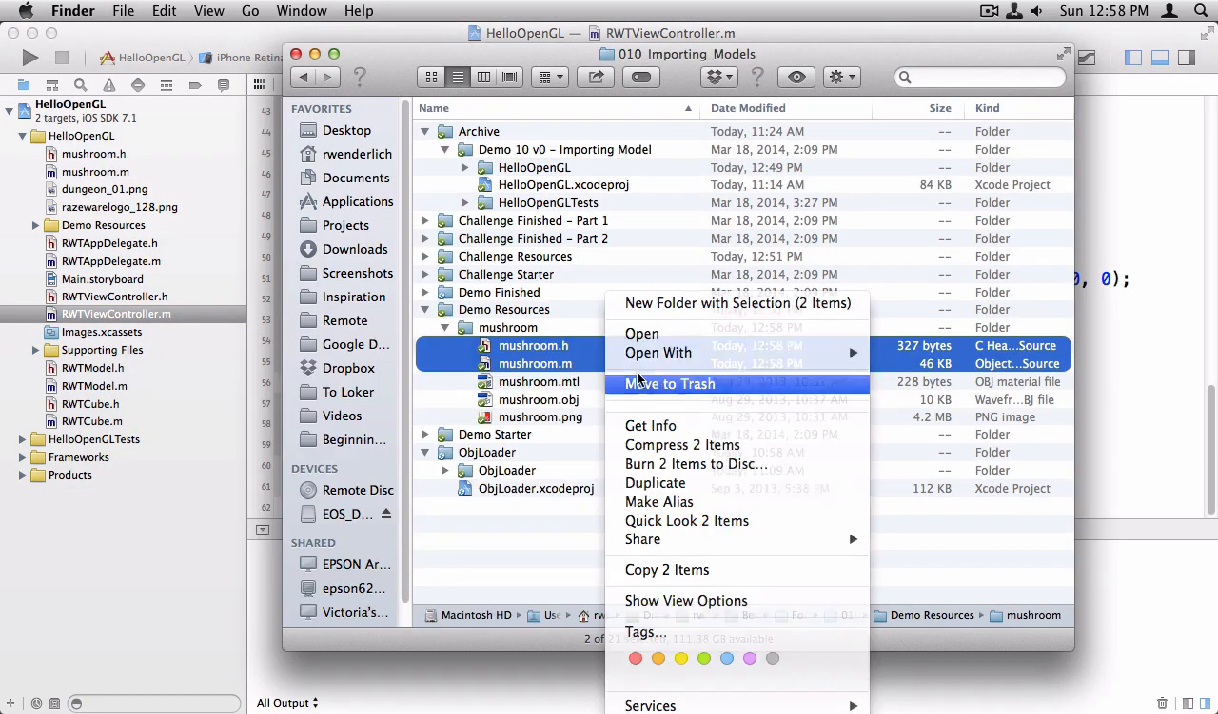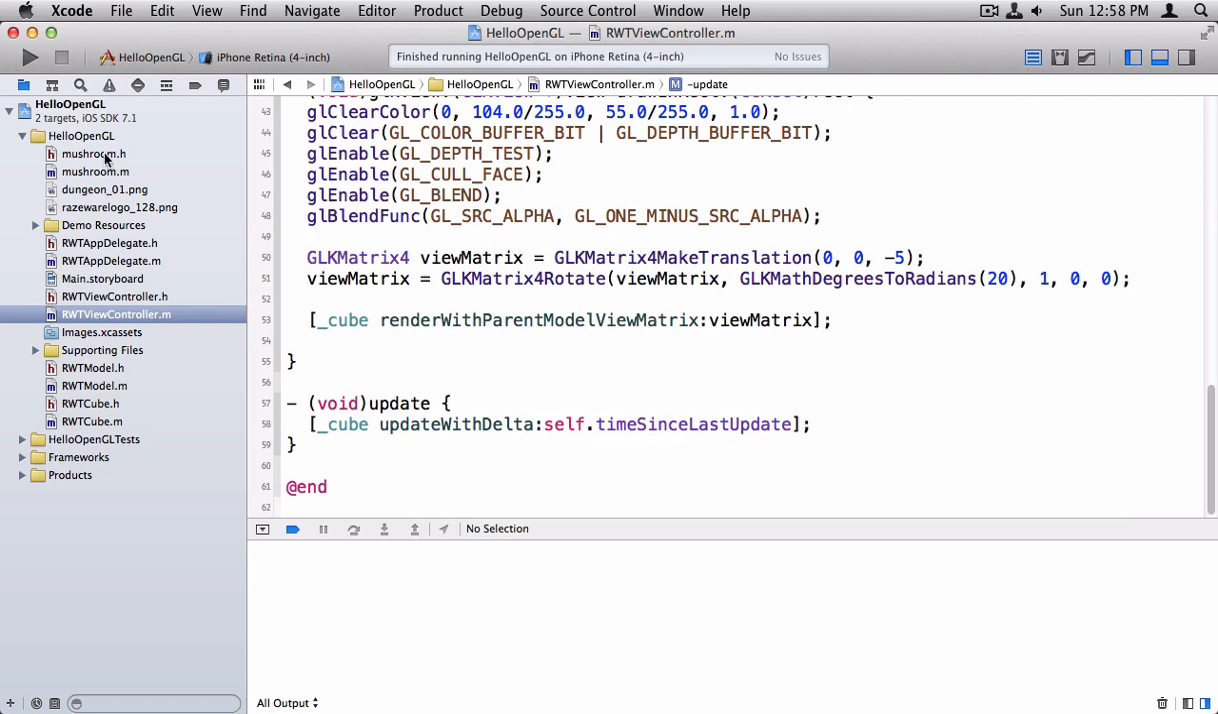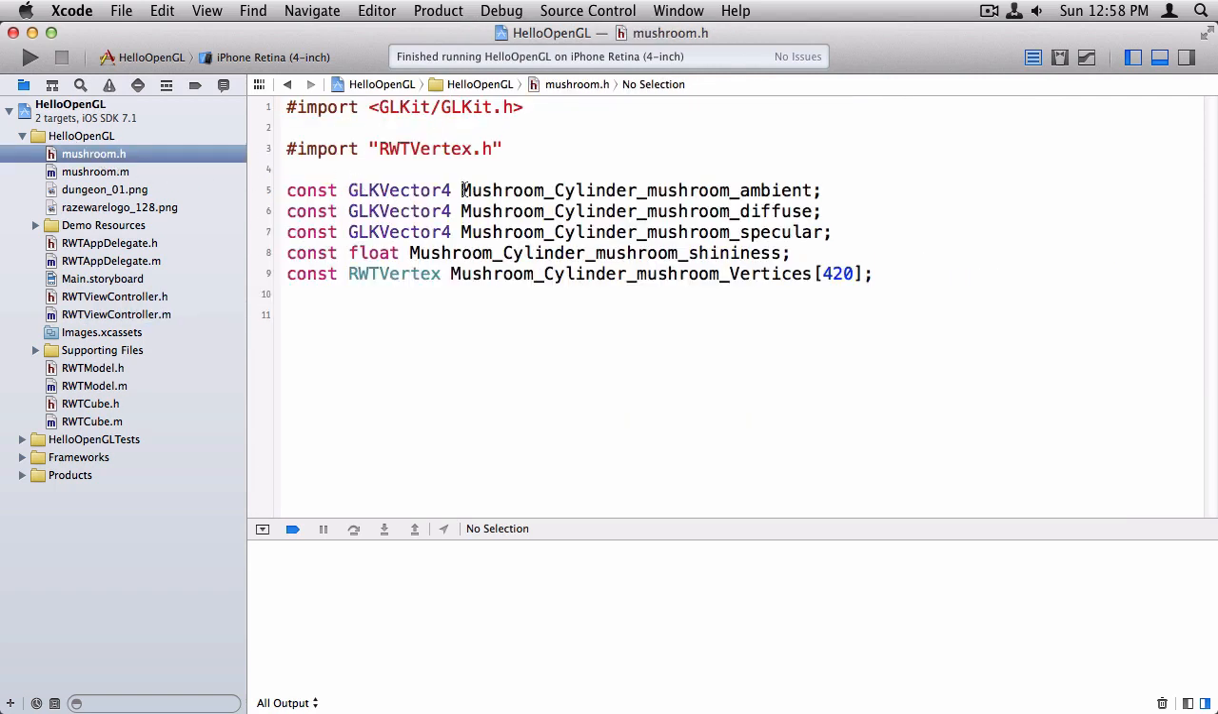Before I forget, I'm going to go ahead and delete these because we don't need them anymore. They're in our project. Okay, so let's take a look at them. This contains some information about the ambient, diffuse, and specular lighting to apply to this material, and the shininess too. We're not actually going to be using this in this part of the video. It will be in an Uber Hacker Challenge, but for now, we're going to be using the default lighting properties